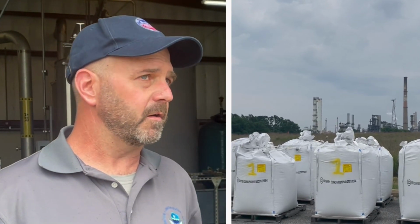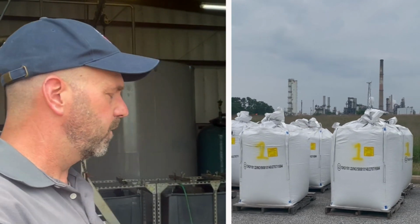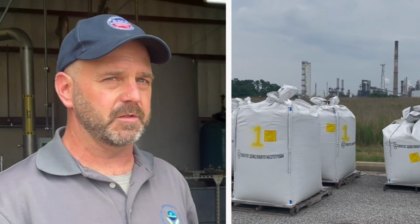What's going on here? So we're standing in front of our groundwater treatment system, and what we're doing is extracting groundwater from a shallow aquifer inside of a containment barrier that we have around about 35 acres of the site. And we're pulling groundwater at a rate of about 45 gallons a minute. The groundwater is heavily contaminated with chlorobenzenes. Those are one of the main contaminants of concern at the site. And essentially through several different treatment media, we remove the contamination from the groundwater and then discharge it to the